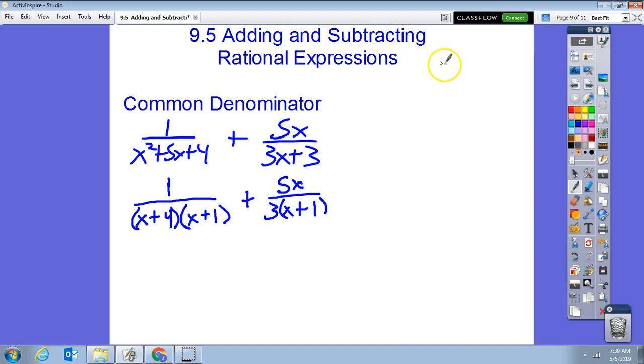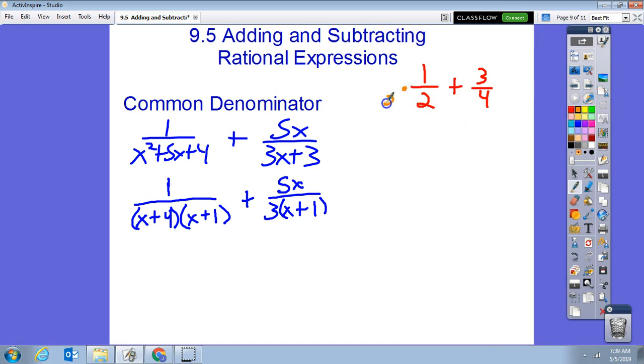So let's go back in time just a little bit to something that you did a long time ago. You took things like 1/2 plus 3/4, and you learned to add those together. The only way that you could add those together by hand before the calculator came into play was using something called a common denominator, meaning you had to get both of these denominators to be the same. So now at this point, since you've done this a bunch of times, you probably know that you can just multiply this